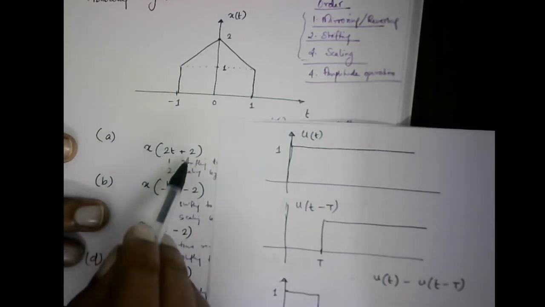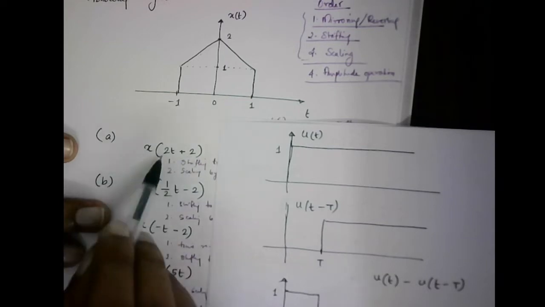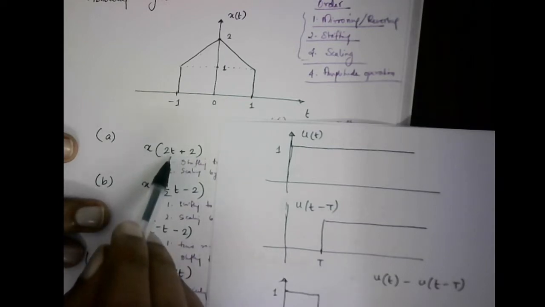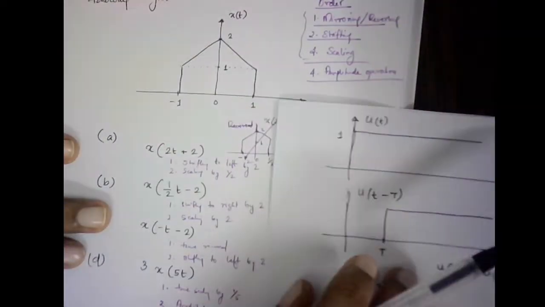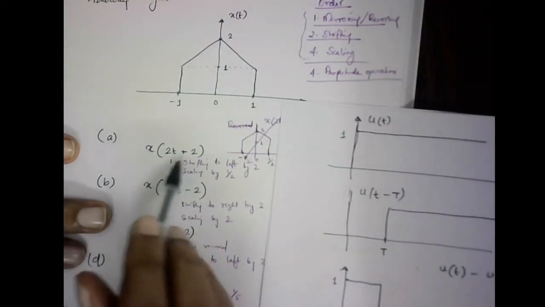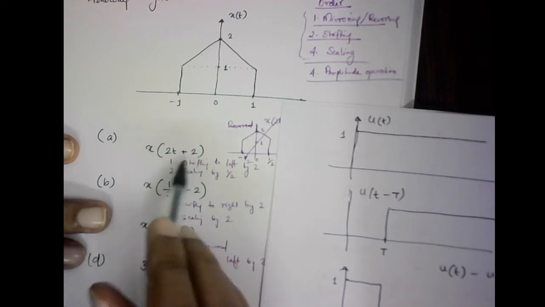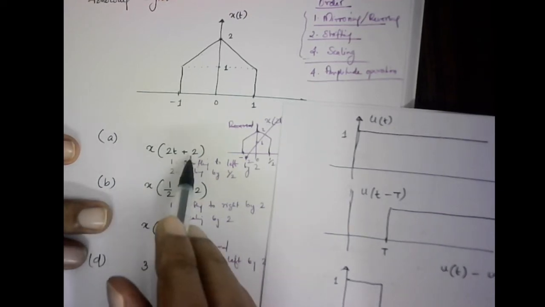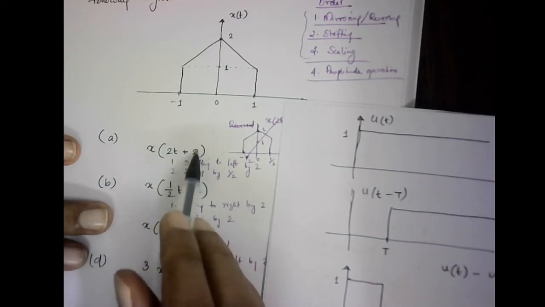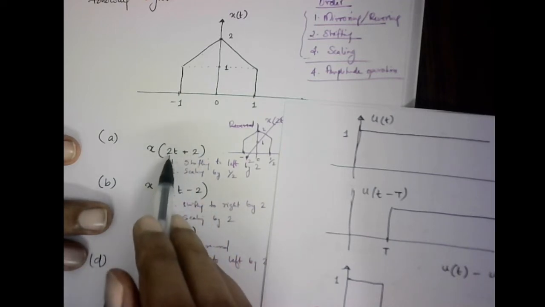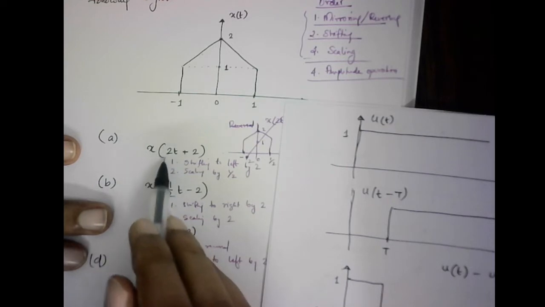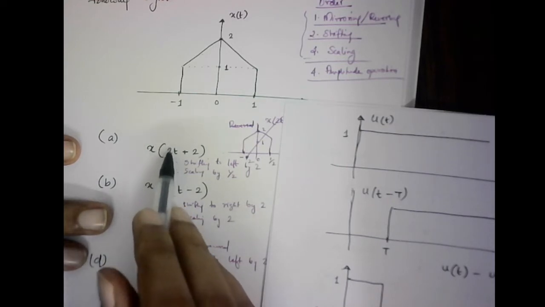Okay, so you can note that there is a time shifting and there is a time scaling operation as well. So what you need to do is, first you need to shift to the left. The signal needs to be shifted to the left by 2 seconds. Since there is no time reversal, you don't need to worry about the time reversal. The two operations involved are time shifting, which is advancing or shifting to the left by 2 seconds, and a time scaling operation. Here it is time compression, because the scaling factor is greater than 1.